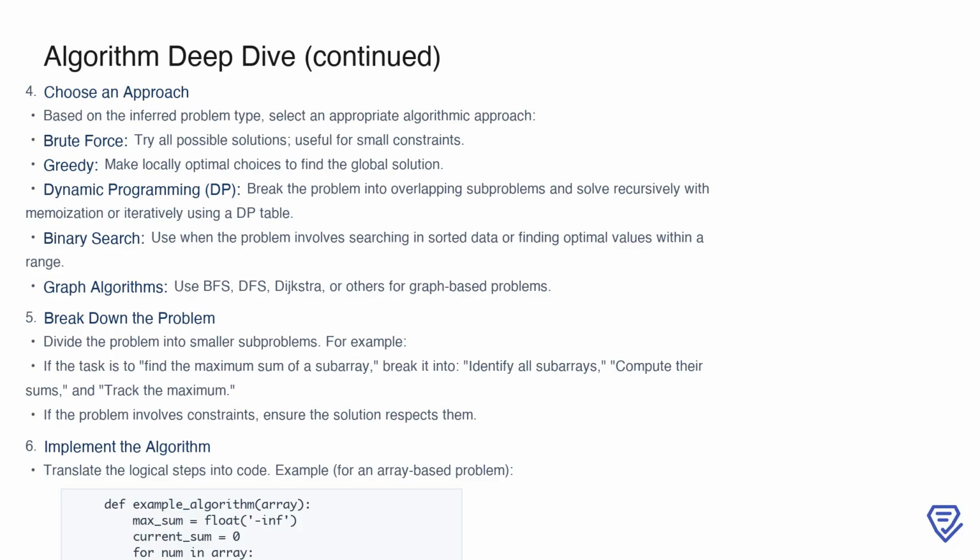If constraints are involved, ensure that your breakdown respects them. Finally, implement the solution by translating these logical steps into code. For example, a common array-based problem like finding the maximum subarray sum can be solved efficiently using Kadane's algorithm. The given code snippet demonstrates this, where the current sum and maximum sum are updated iteratively to achieve an O(n)